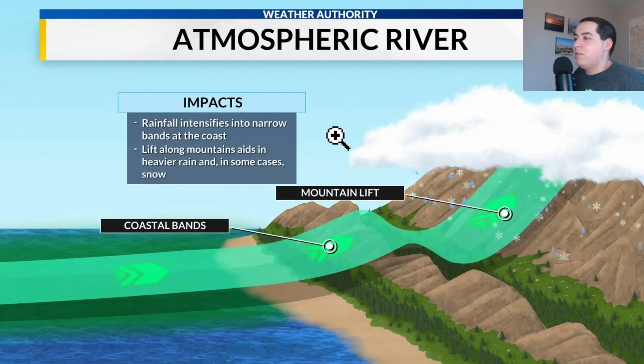Now, when an atmospheric river hits the coast, you can see coastal mountains get the lift, and the coastal mountains get some big rain totals, and then the same thing happens over a higher interior range. In Washington, this would be an example of the Olympics and then the Cascades. So some impacts: rain intensifies into narrow bands right along the coast. It doesn't really start raining until just a bit offshore with an atmospheric river, and then that rain continues inland as it gets basically wrung out like a wet sponge over these mountains with this orographic lift.